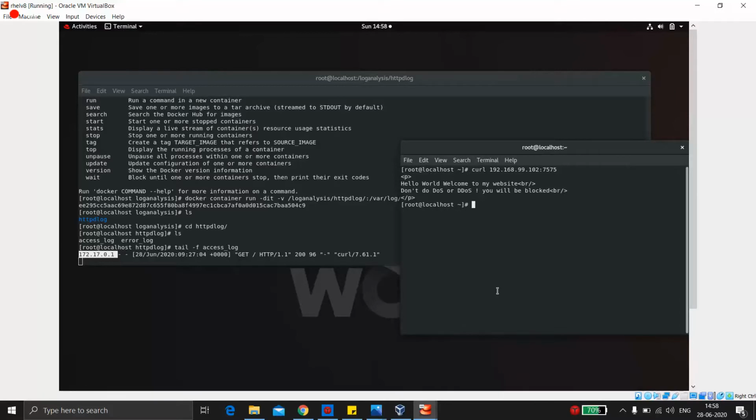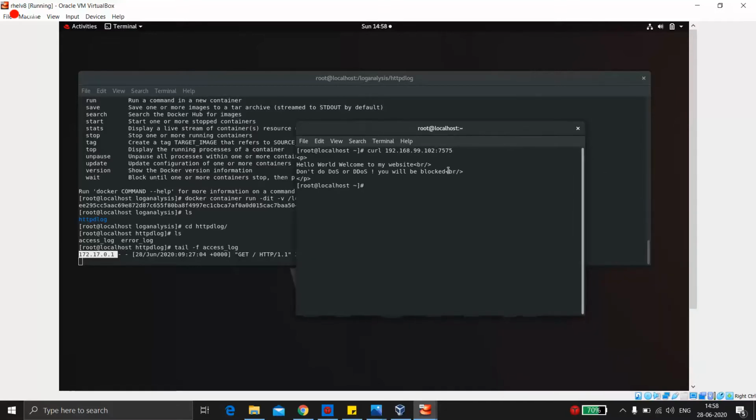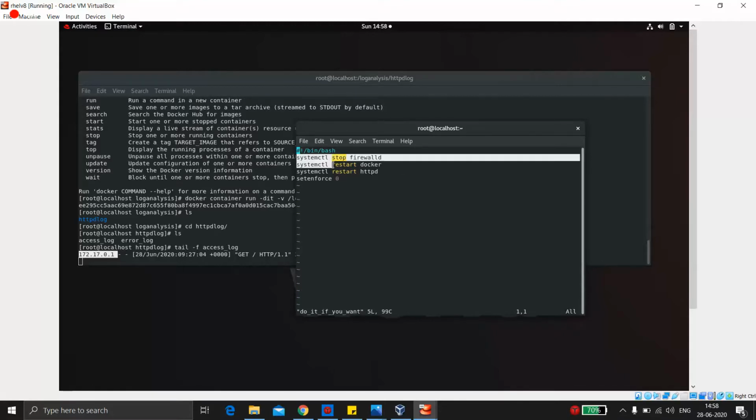I have made a simple shell script which you can run. I just gave it a name, do it if you want. In this, what we are doing is we are first stopping the firewall. If you stop the firewall and run the Docker commands again, it would fail, because Docker also requires some access to our network interfaces, like for writing rules in the IP tables.